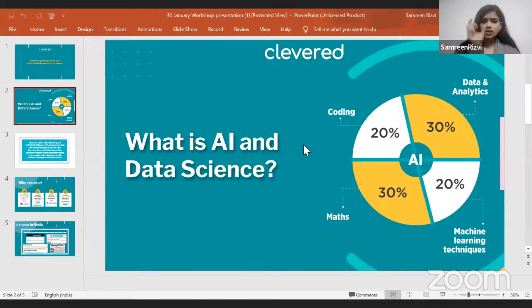Then, because the course focuses on artificial intelligence and data science, AI comprises 2 concepts, that is programming and machine learning. Plus, data science also has the analytics part, like if we have data in an Excel sheet, how can we visualize it, like make graphs? Or without opening the Excel sheet, we need to understand how many rows and columns we have, and whether we have some missing values or not. So whenever a student enrolls in the junior data science program, these are the 4 domains on which we primarily focus.